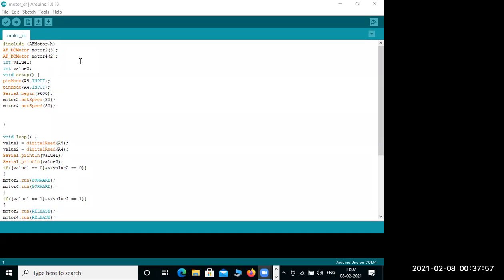What we are going to do right now is use this robot and upload each and every code to it. Now I will show you step by step how it works.